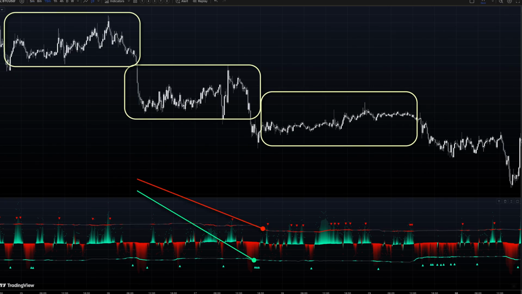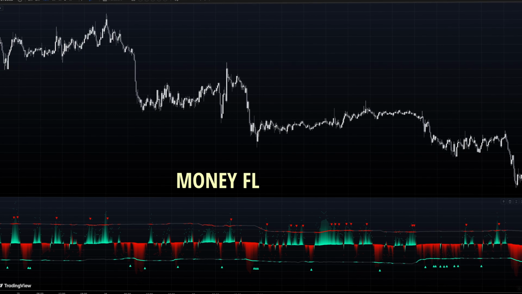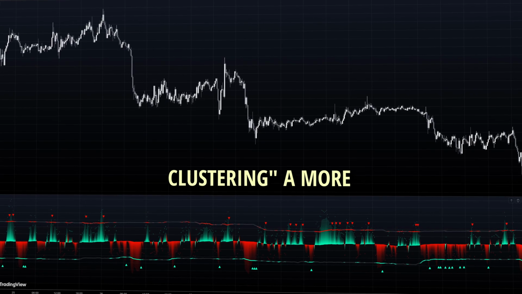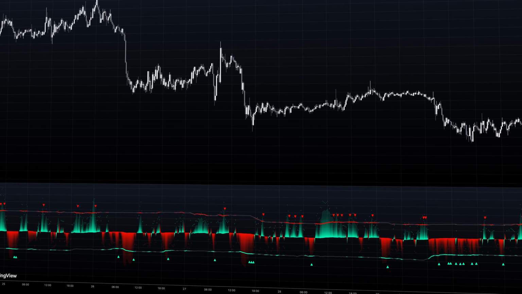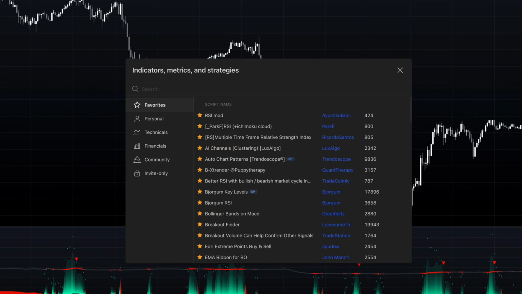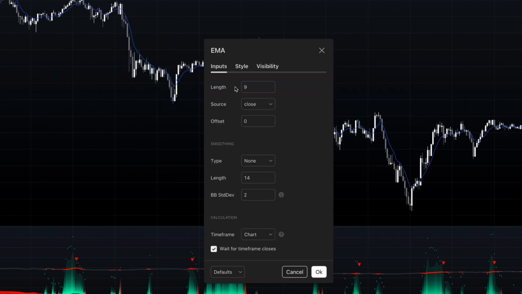The adaptive aspect comes purely from the clustering process that adjusts levels based on recent price action, making Adaptive Money Flow Index using K-means clustering a more accurate name for this technical indicator than its AI-marketed title. A practical trading strategy using the adaptive MFI indicator can be built around its dynamic nature combined with traditional trend-following